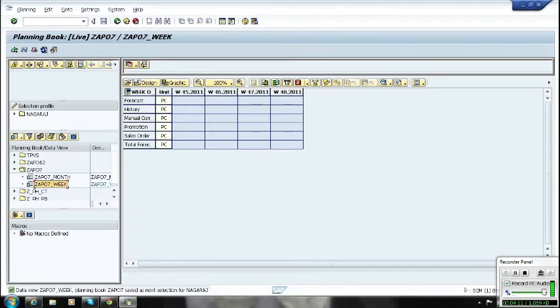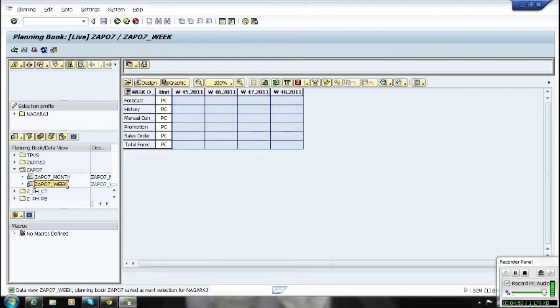Yes. Based on these planning books, we can create different planning books, and we can restrict the access to those who really require it. Like that we can control the access also. Like for example, for the sales manager, the month and the week are the kinds of data views. Yeah, data views. Like I want to see only one month of data in the week, so we can see it like this. Yeah. Okay.